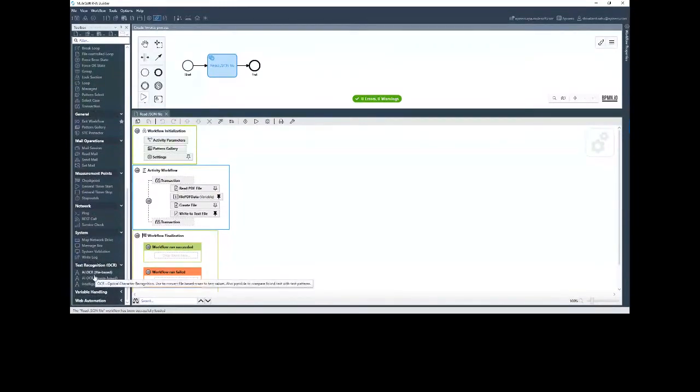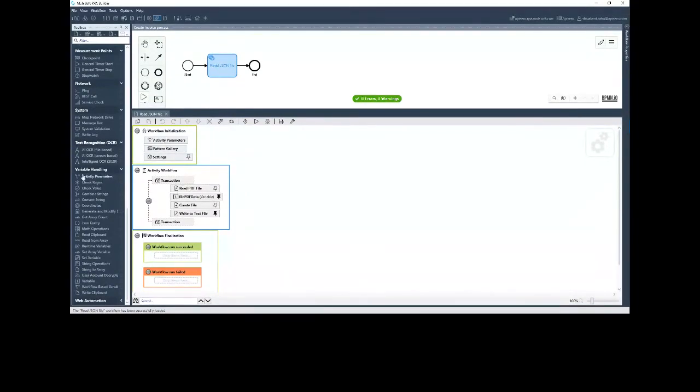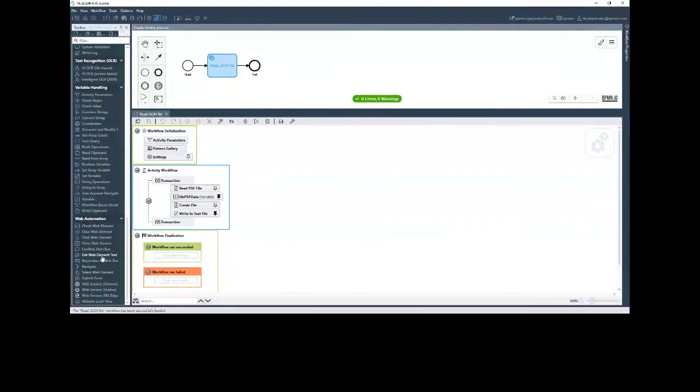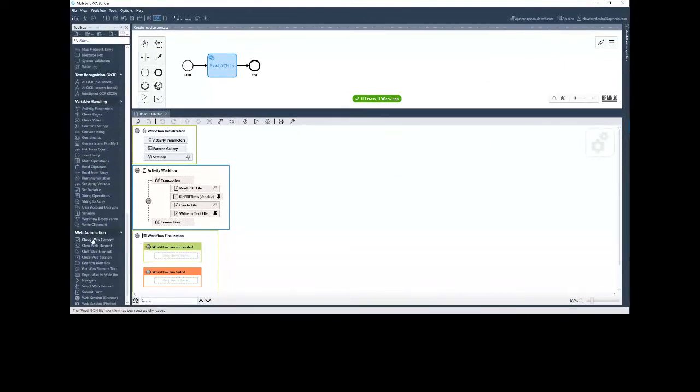Then system is there, network drives, message box, or write logs, system validation. Then text recognition is what we talk about. Then OCR, like your optical reader kind of thing, which reads a file. Variables, very important. You can set variables here, multiple types of variables. Then you have web automation. You have multiple things here. Check web element. If you understand front end, you always know what elements are. There will be HTML tags and elements, right? Those kind of things. So web sessions and Chrome and Firefox, and website load time.